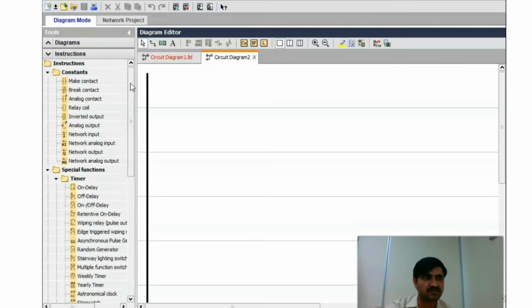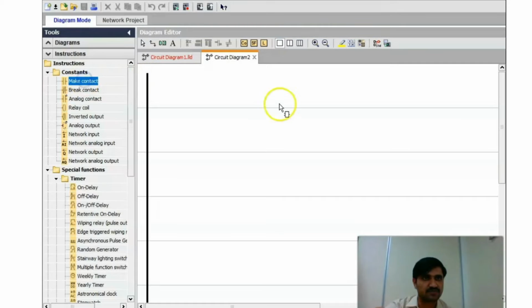First for the selector switch, second for the low level switch, third for the high level switch, and fourth for the pressure switch. First of all, let's take the inputs.